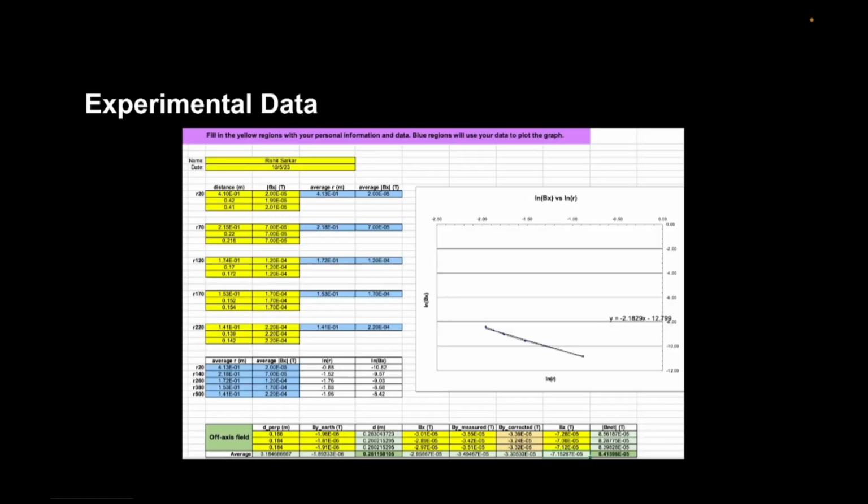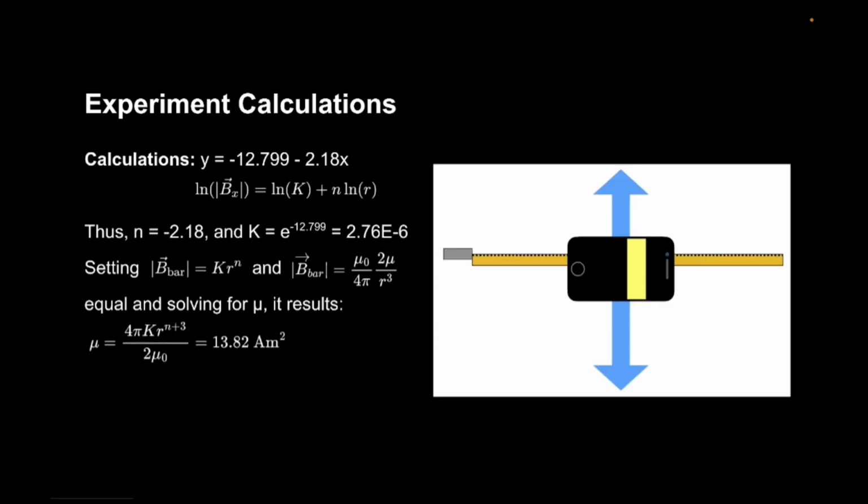So here's the experimental data for this lab. As you see, we recorded the on-axis data to get the linearization equation, and then we recorded the off-axis field. For some experimental calculations, taking that previous linear line we had, y equals negative 12.799 minus 2.18x, we can take that value to find our value for n and k. Then using the equations we found previously, B bar equals k times r^n, and B bar equals mu naught over 4 pi times 2 magnetic moment over r cubed, which is the on-axis field for a magnetic dipole, we can set them equal to each other to solve for mu, or magnetic moment, to be 13.82 amps meters